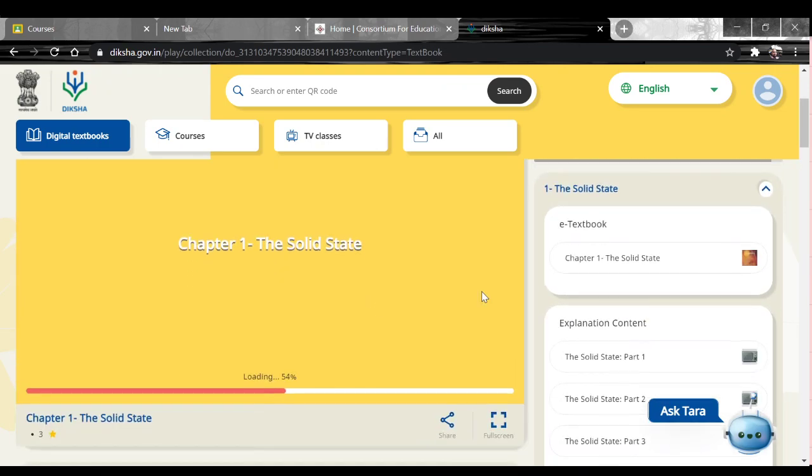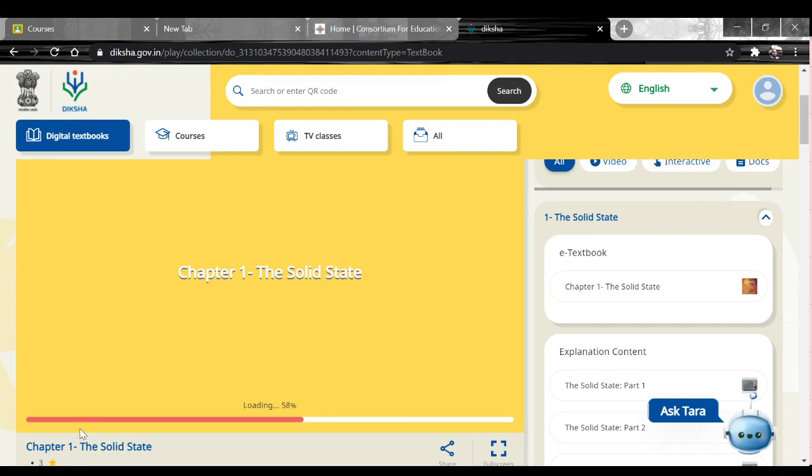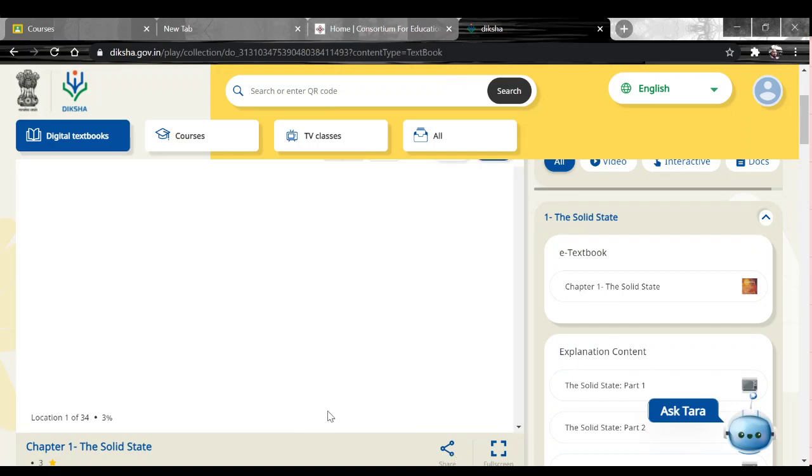So let's look into what it has to offer in Diksha. Just move the cursor there. So it is loading now. My internet has become a bit slow.